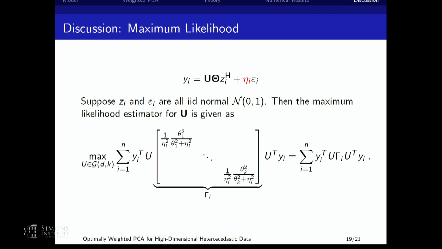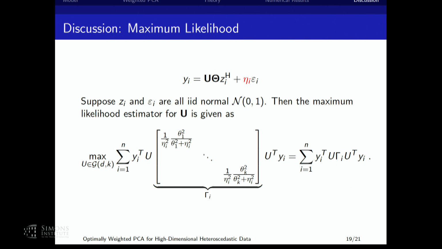If we didn't have these different noise variances, this would be some diagonal matrix independent of the data point, and we could pull it out, and we would see our covariance matrix, and we would just need to compute its principal components. But this matrix has A to I here, so it depends on the particular noise variance that's been added to that data point. And so if I replace this matrix with some gamma, this is an interesting looking but non-convex problem that can't be solved with PCA. And we're very interested in studying this further.